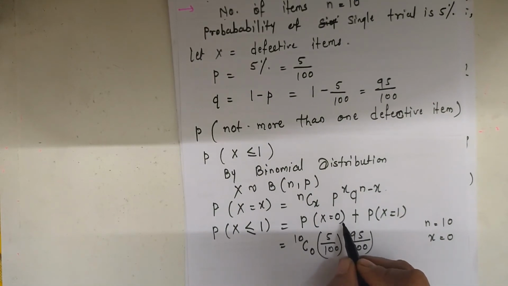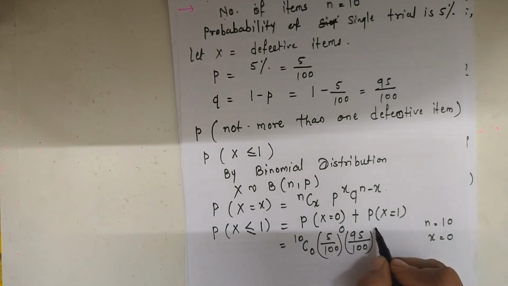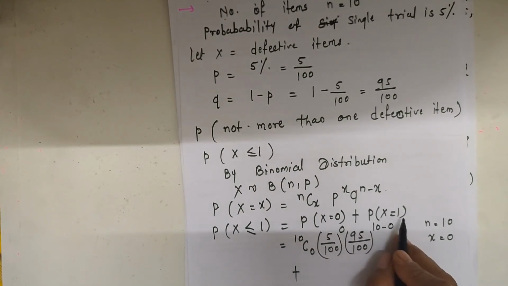Here the value of x is 0 and 95 by 100, q raised to n minus x, that is 10 minus 0, plus the probability for X is equal to 1 can be written as